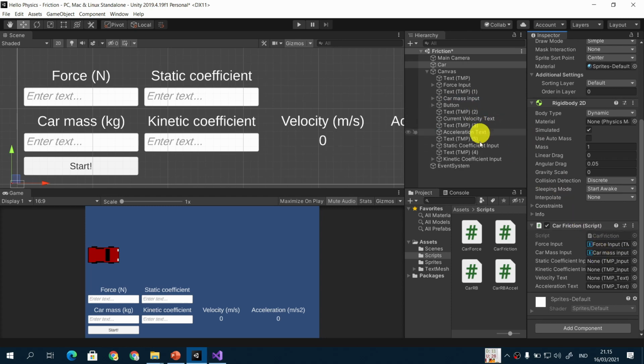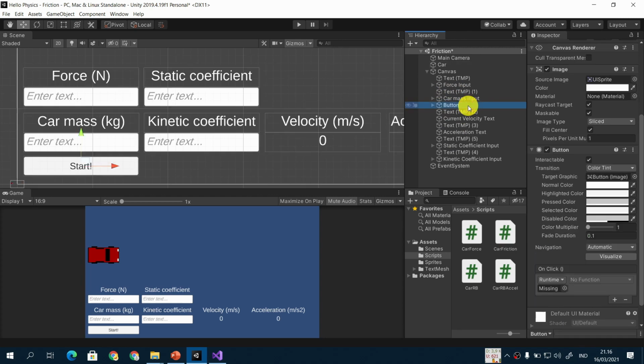You can see here, if you name the UI component the same as the fields, then you can just simply drag and drop them to the correct fields. Velocity text is this one, current velocity text, and acceleration is over here. All set. For the button,